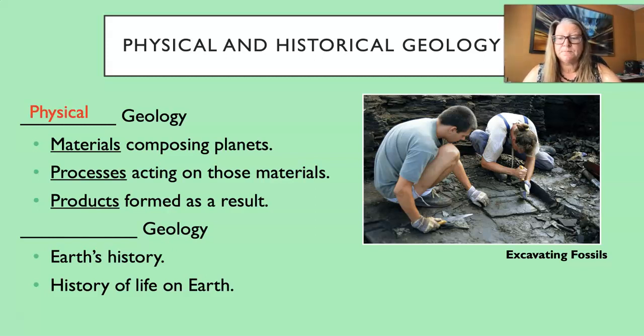But physical geology focuses on the materials and processes in Earth. So the materials include rocks, minerals, ores, and processes include things like earthquakes, volcanic eruptions, processes that concentrate minerals in ore deposits, processes that create and move glaciers, sand dunes, floods, all the different kinds of things that happen on our surface. And then the products that form as a result, which include things like floodplains, mountains, glacial deposits, all the different things you see and walk over on the surface of the Earth, as well as what's inside the